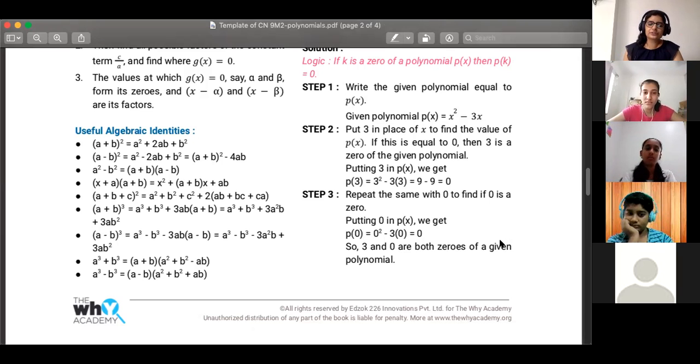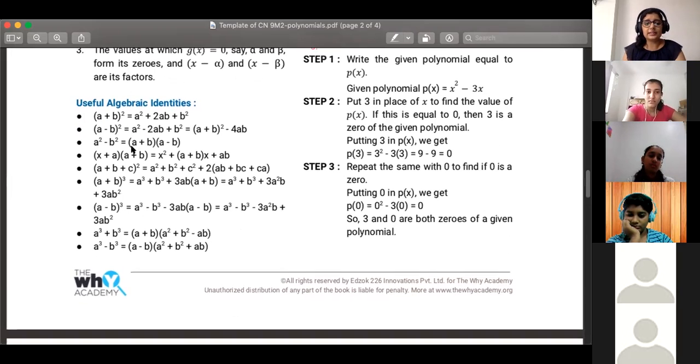So you can use the identities for finding out the squares and cubes of normal numbers also. Like if you want to find out the square of 105, you can use identities. You don't have to do a very complicated multiplication. You can do it in a very easy way. So these are the identities that you have right now in your syllabus.